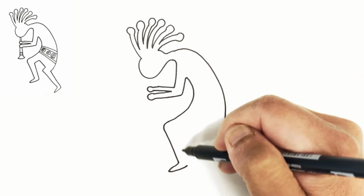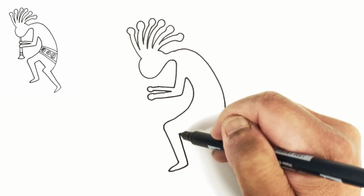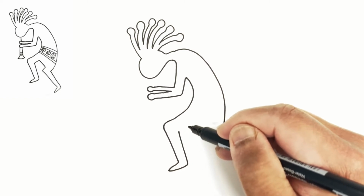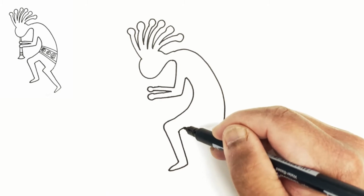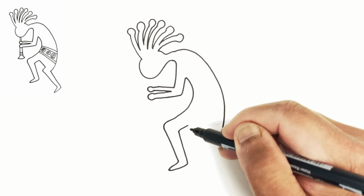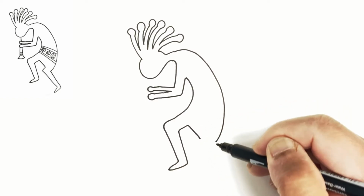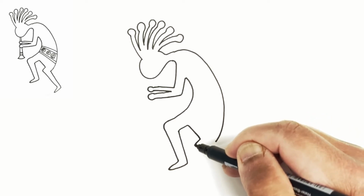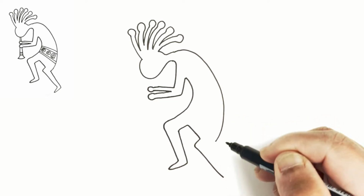The difference between these figures is typically the patterns that are used to fill the space, and definitely the colors. So let's finish off the leg. It's bent, and it's going to go pretty much into the other leg. So let's go ahead and start drawing a line down here. Actually, let's have the knee come out a little bit. So we'll step out just a short distance and then go on down to the leg,